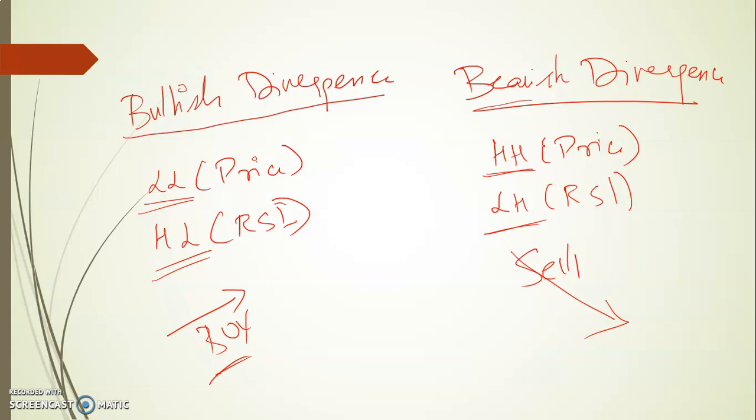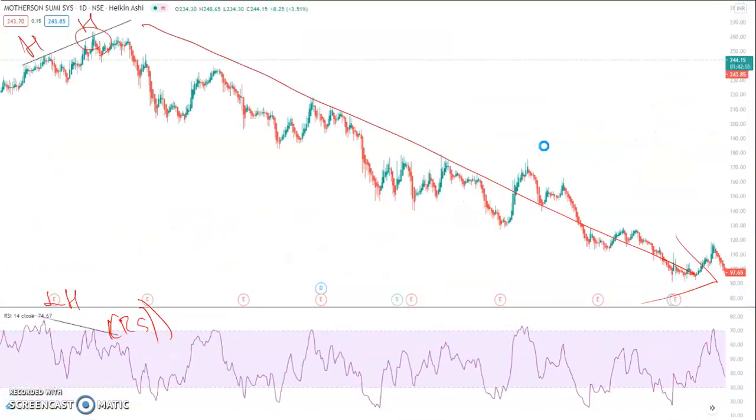Bearish divergence is the opposite. In the price you see the higher high pattern. In the RSI you will see the lower high pattern. Then you take a sell position. Stop loss is the entry candle's high or above the trend line. Exit whenever you find the reversal pattern in the price. Okay, simple. That's it, guys.